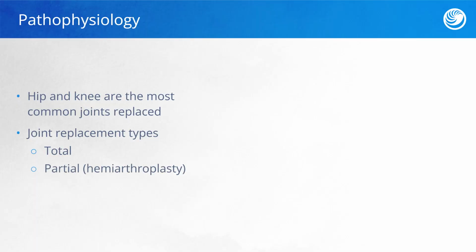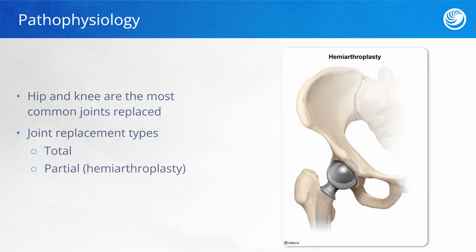A total arthroplasty, or total joint replacement, is when the entire joint is replaced with implants. It generally will involve the two surfaces that come together in the joint. When it is a partial, it is called a hemiarthroplasty, as seen in the image here. The femoral component is implanted, but the acetabular socket was not replaced,